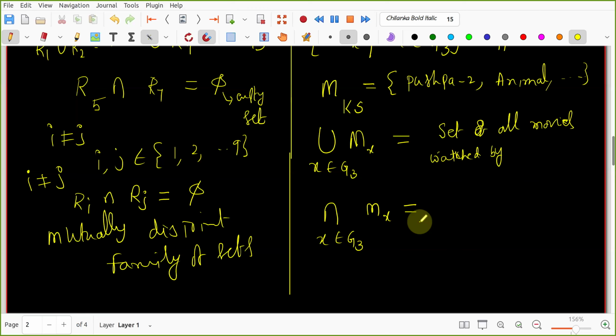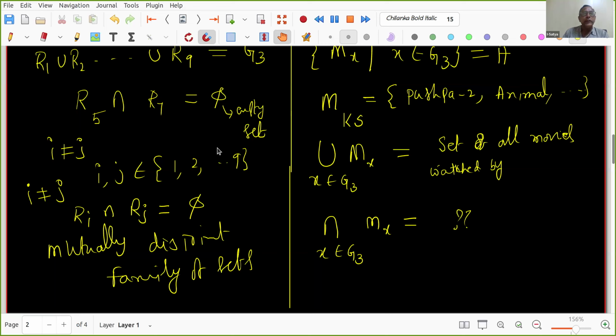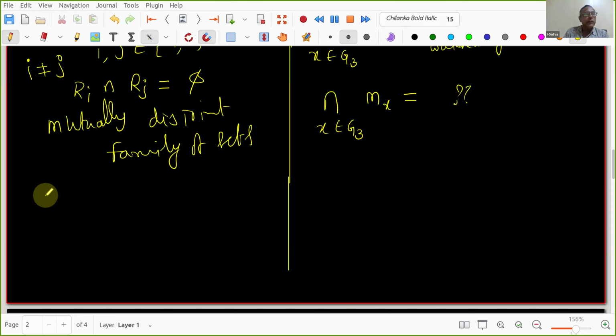Yeah okay, so think about this. This is easy, I think you can easily guess and do, right? But be careful while proving things. For example, in this problem we are told that R1 union R2 union, be careful, union R9 is equal to G3. Nikhil told us, all the students of all the rooms, if you take the union, G3 will come. But you have to prove both sides. If I take x belongs to G3,